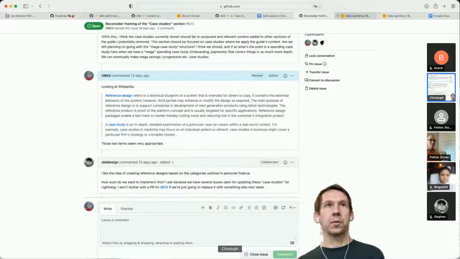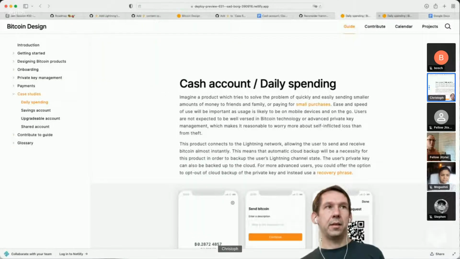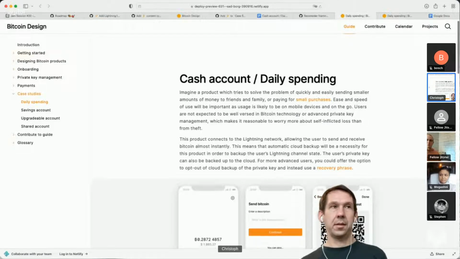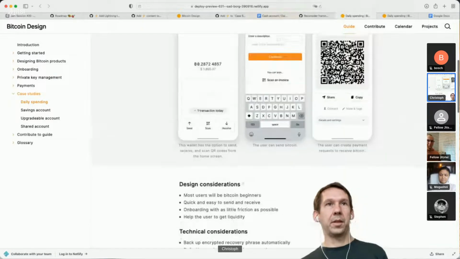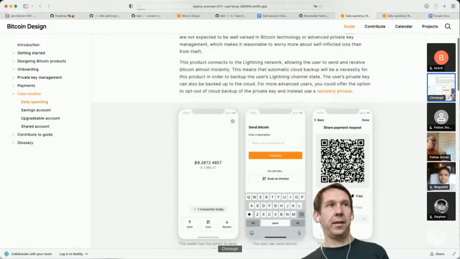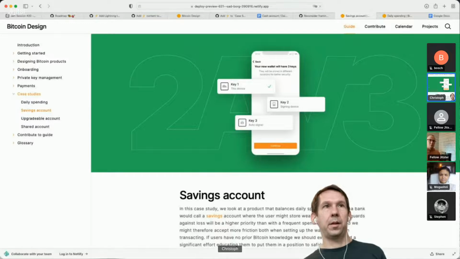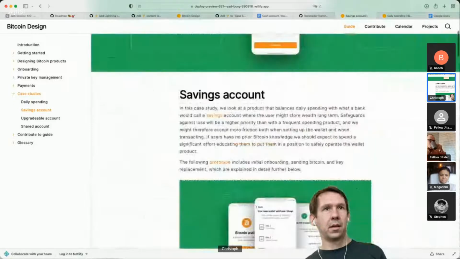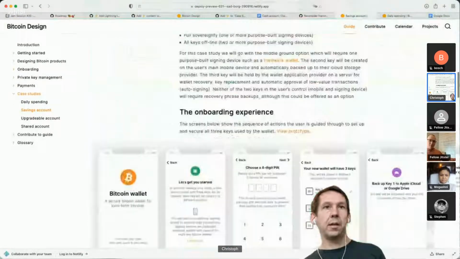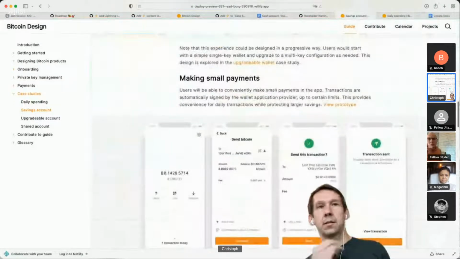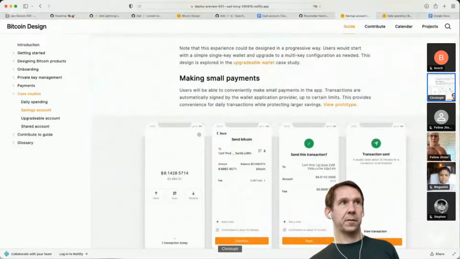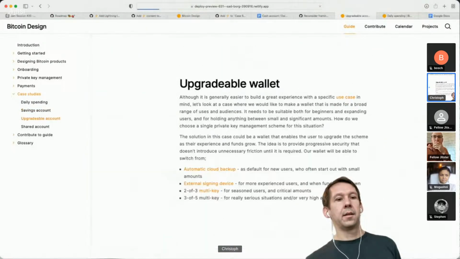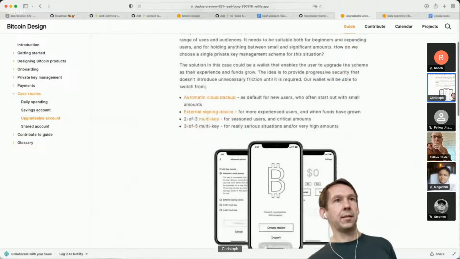And as for the actual case studies, even if we change this to reference design, daily spending overlaps a ton with onboarding and payments. I think we can probably merge a lot of that. We don't need to repeat it. Savings account is already in decent shape, and it's pretty different because it's on-chain only and it's multi-sig, so that adds a lot of new stuff compared to daily spending. Then if you look at upgradable account,